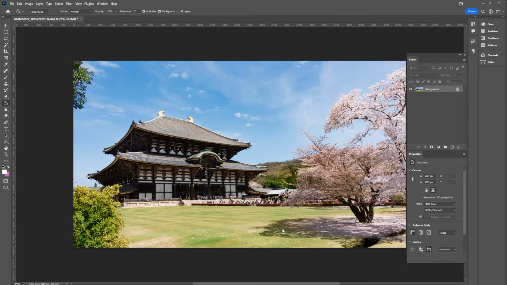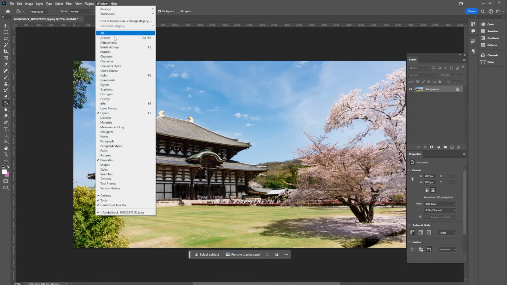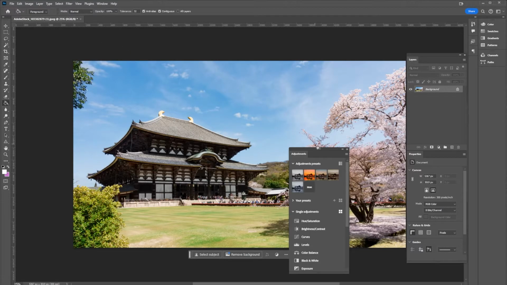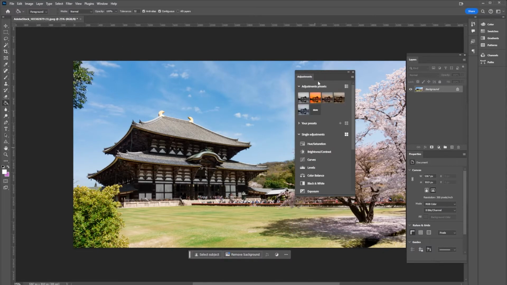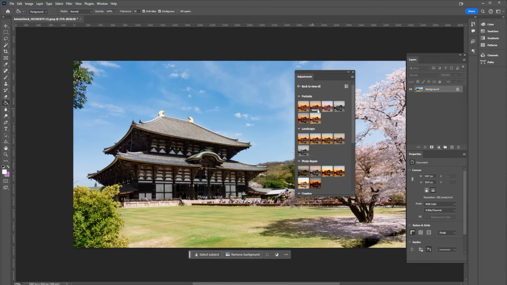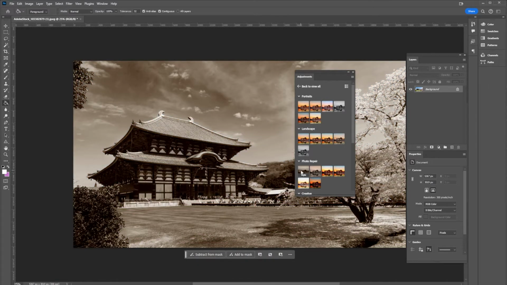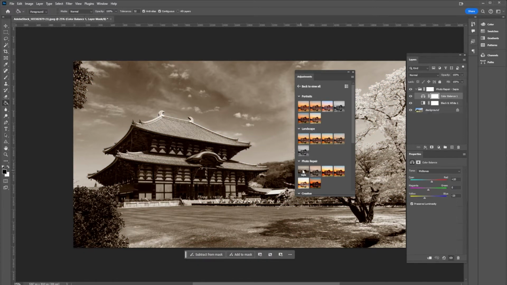Today we're going to talk a little bit about adjustment presets in Photoshop and then do a real-world application with it. So what I want to do is take this new photo and make it look like an old photo. The first thing I'm going to do is go up here to Window and then Adjustments. This brings up our Adjustments Presets options here. We have a few basic ones right off the top, but if we hit More, it will give us more options. I'm going to choose one that's kind of this sepia tone here and make it look like